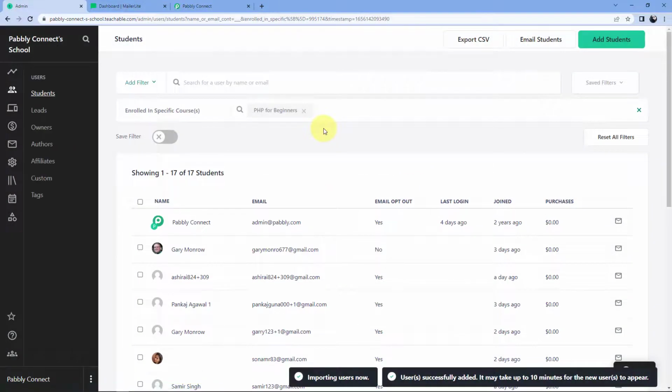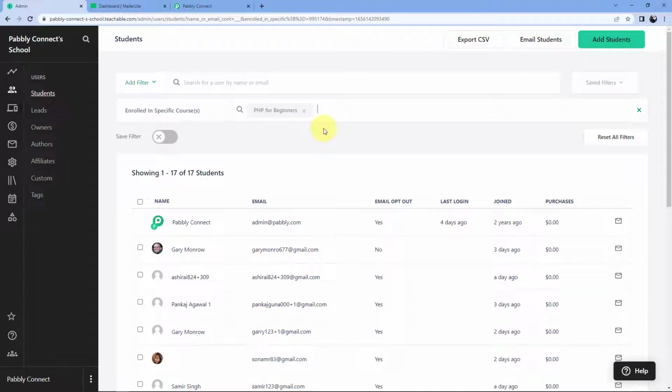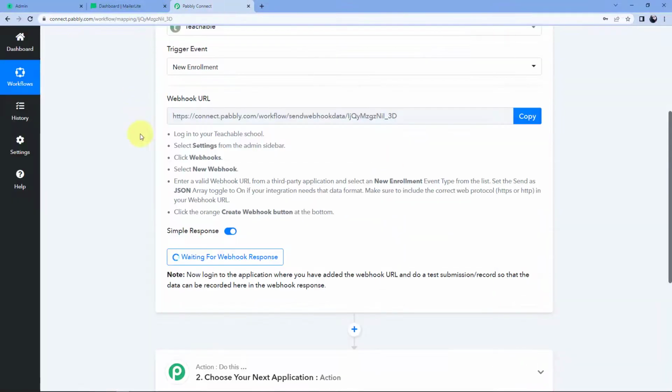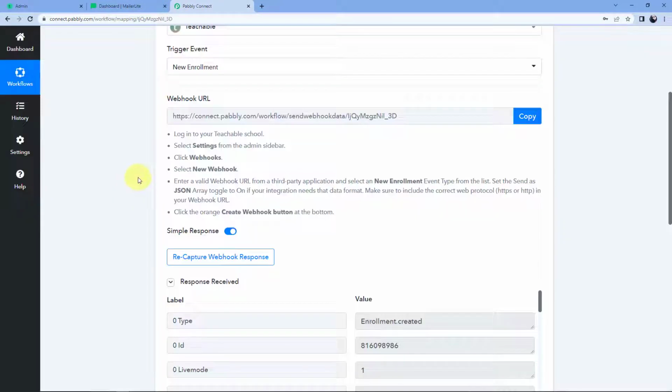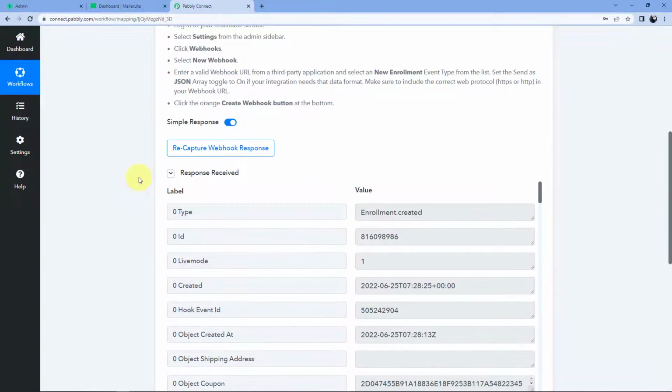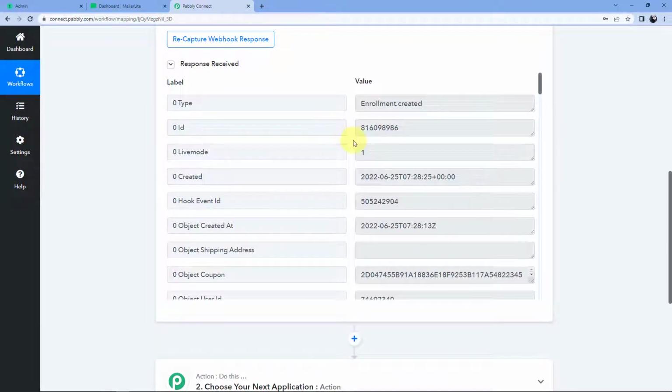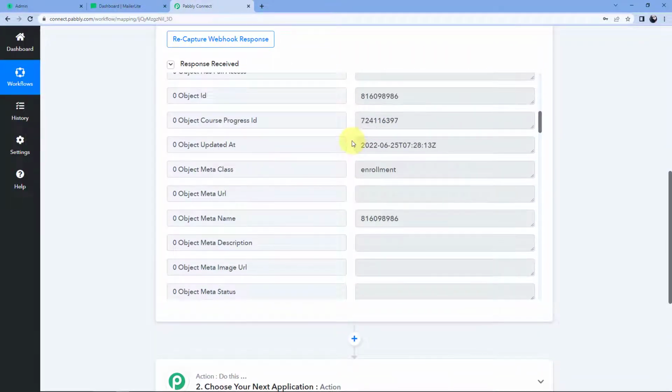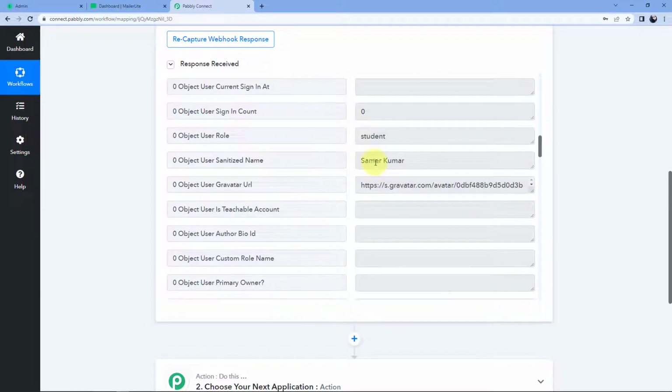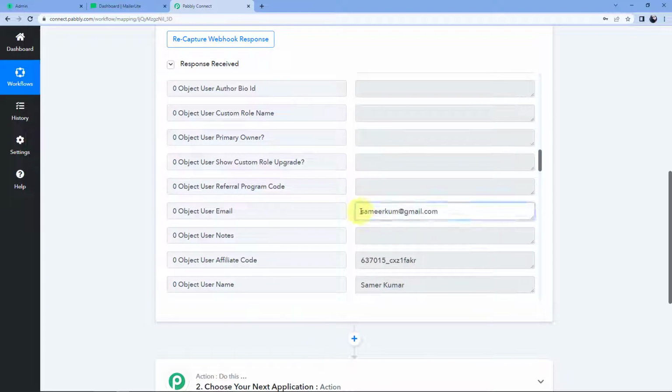After clicking on import, Samir Kumar, the very same student, is now successfully enrolled in my Teachable course. And because we have connected Teachable with Pabbly Connect, the details of this very new enrollment will be automatically captured inside Pabbly Connect. We'll just wait for a few seconds and we will see that the response is received over here. This is the response of the very same user whom we have just enrolled in our Teachable course. We'll scroll down in this response and we can see this is the very same name, Samir Kumar, and scrolling down further, this is the very same email address